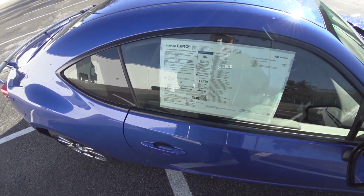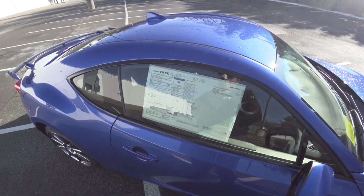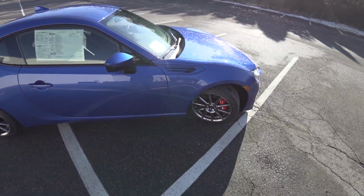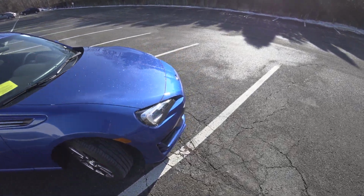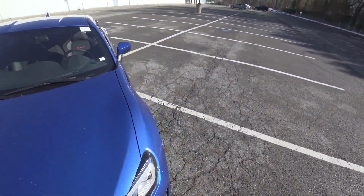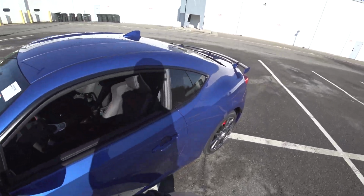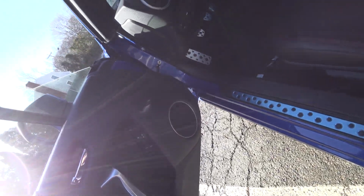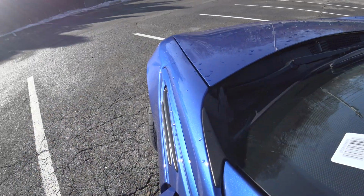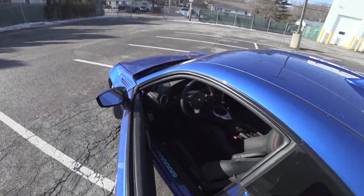Trying to see what's the exterior color. World Rallycross Blue Pearl. Total price comes to $30,940. This of course features the Boxer 4-cylinder, no turbo, but really doesn't. Actually, no, I could use a turbo in this, but